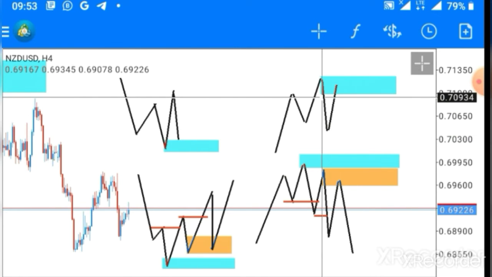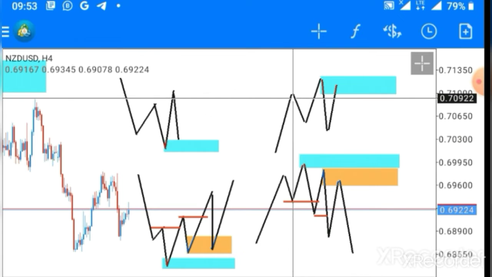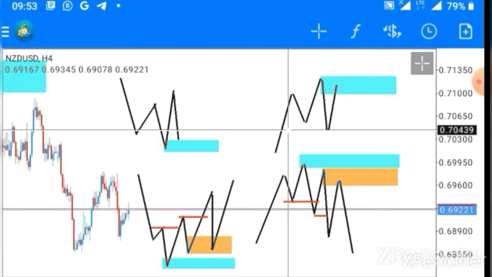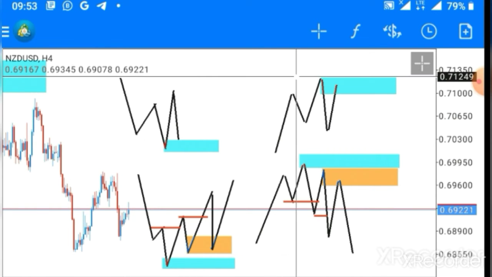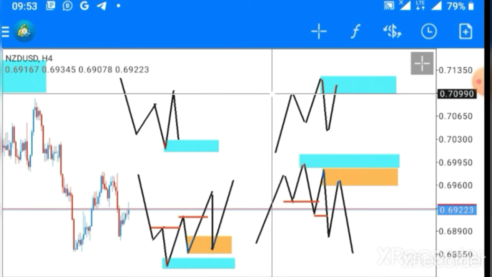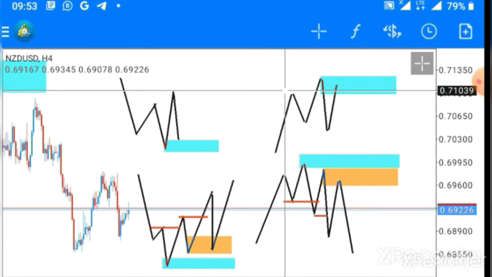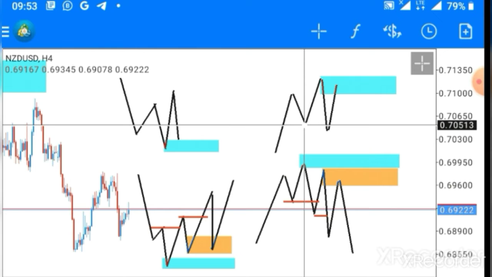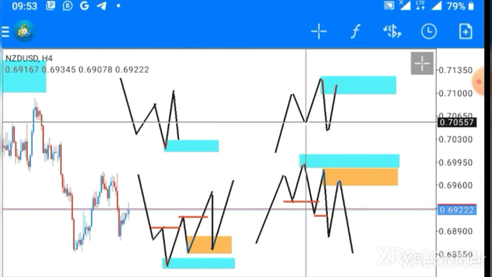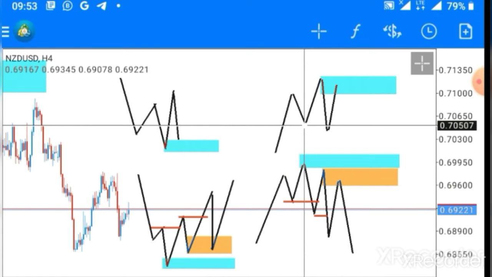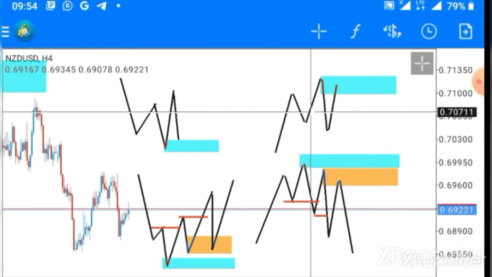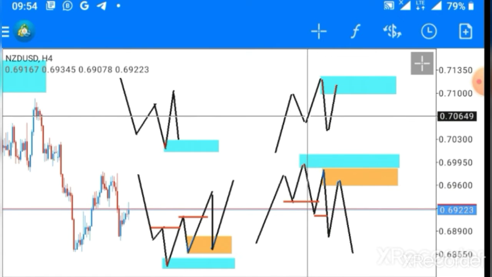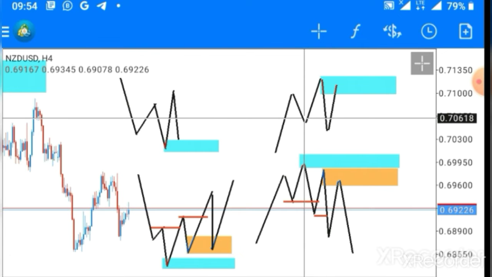Ditto this second one here too. Price pushed up, came down to form a higher low, pushed up again, formed a higher high. That is an uptrend pattern. And then price came down and broke the structural low here, this previous higher low, to the downside. That price has broken the structure to the downside once does not in any way confirm that the trend has changed and that price will start going down. No. You need a double break of structure to confirm a trend.